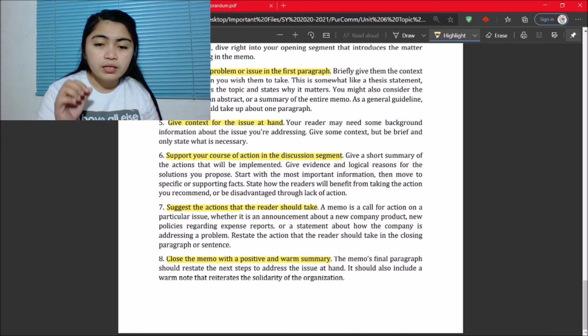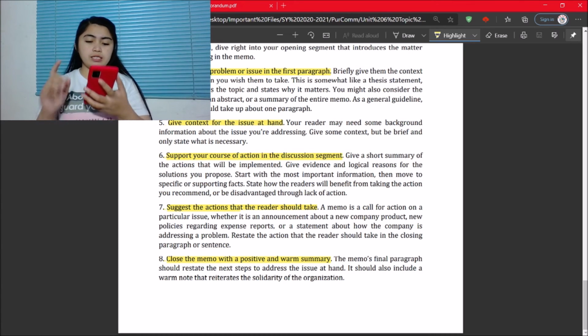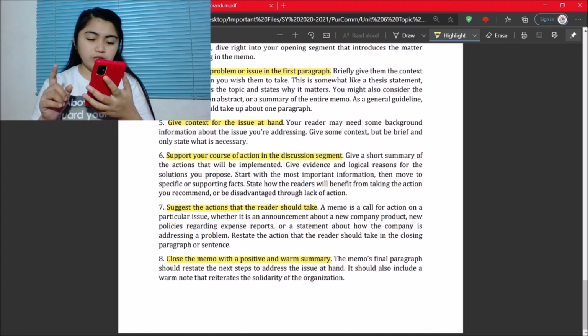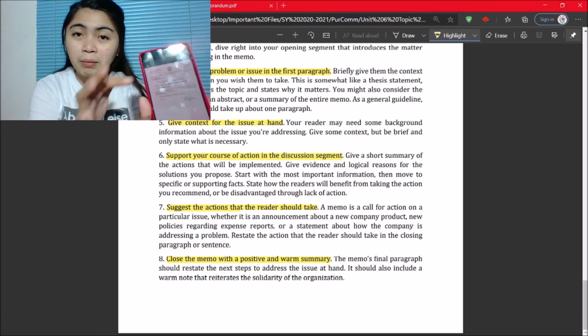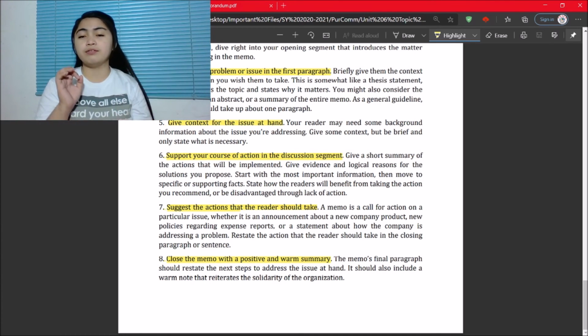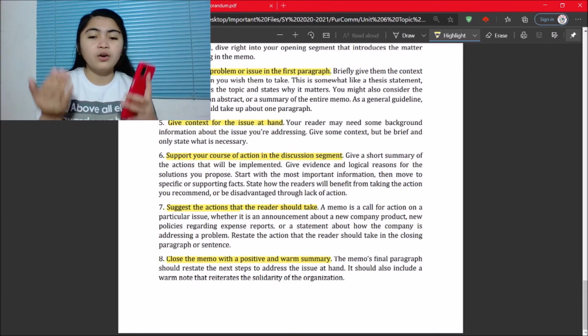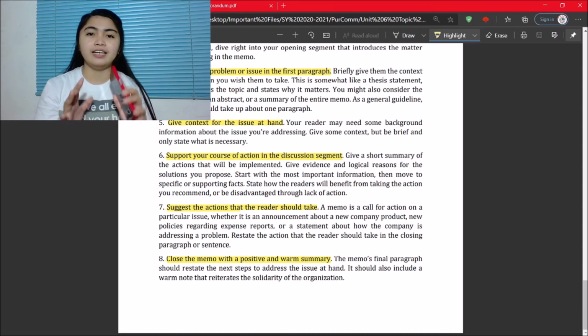Restate the action that the reader should take in the closing paragraph or sentence. So sabi dito, please prepare updates on your respective research studies. So, ni-restate niya kung ano ba yung action na kailangan nung nagbabasa nung memorandum.